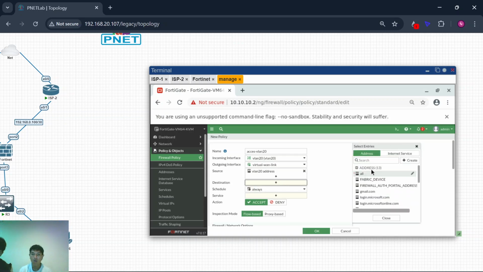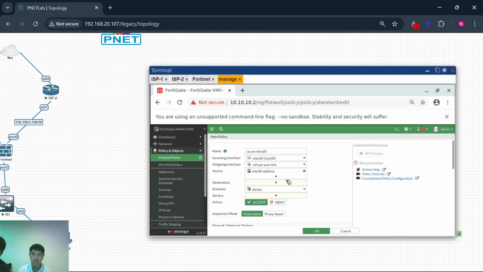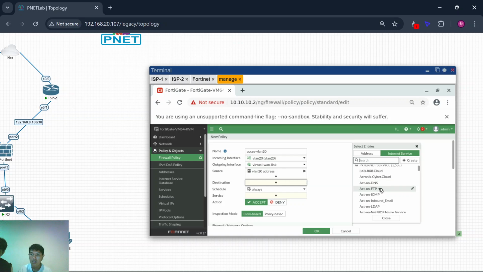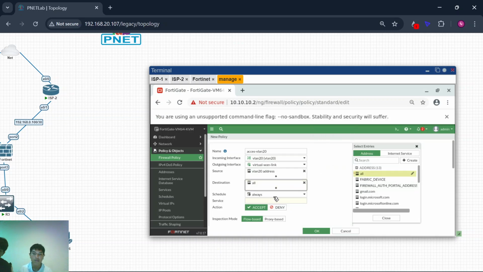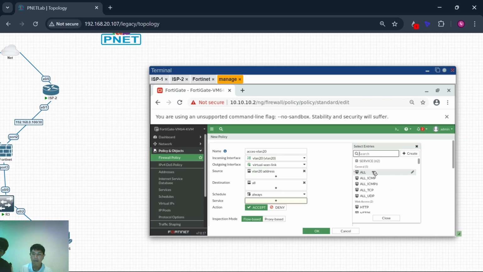Destination all. Wait. Destination internet services. Here internet services. Where? Destination all. Okay, services all.